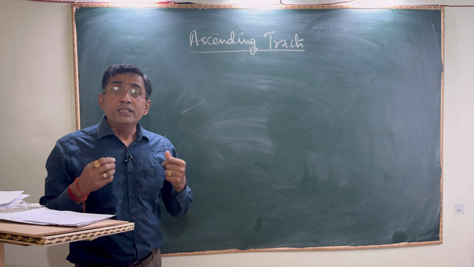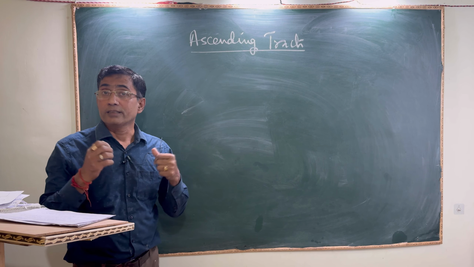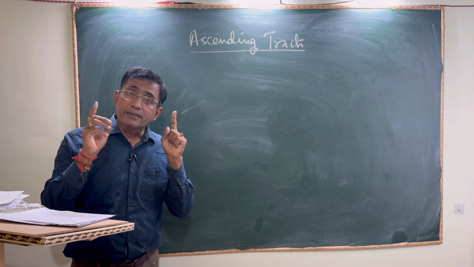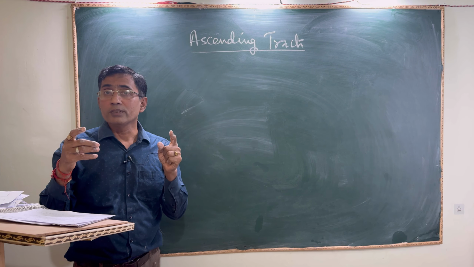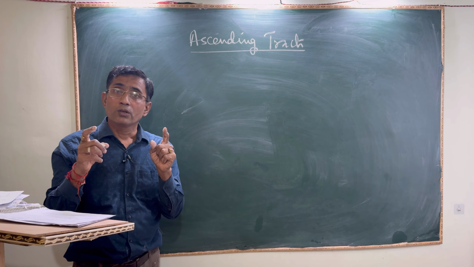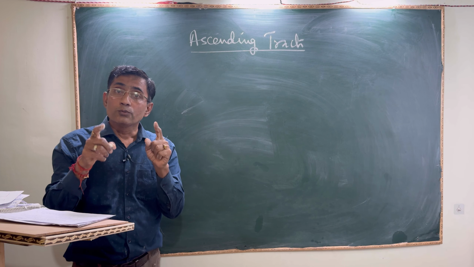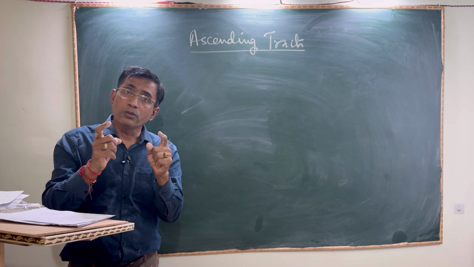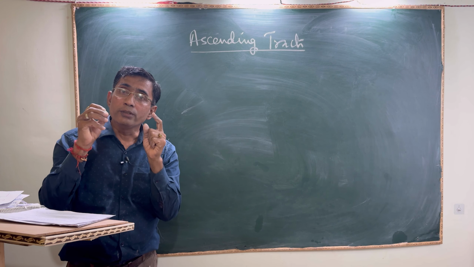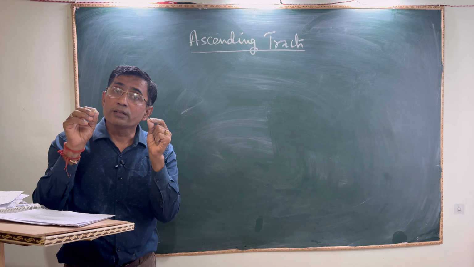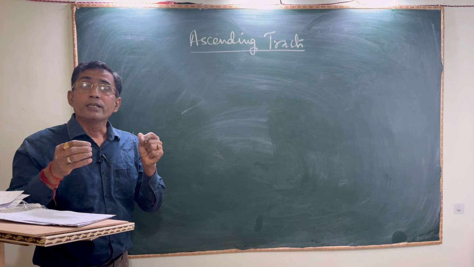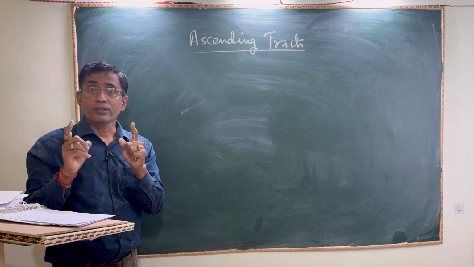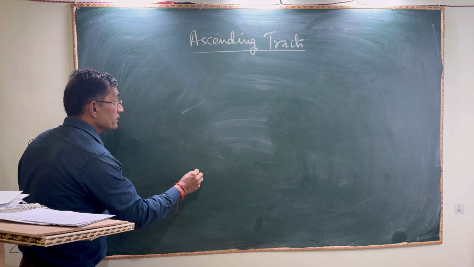What is the meaning of ascending tract? Let us understand first. It is a tract, a group of neurons we are talking about. A group of neurons will have a common origin and a common termination, and this group of neurons will remain in the central nervous system. Again I will repeat: a group of fibers will have a common origin and a common termination in the central nervous system. A group of fibers means, if I draw,